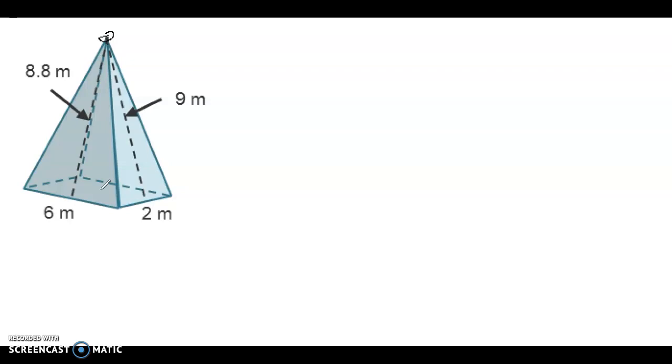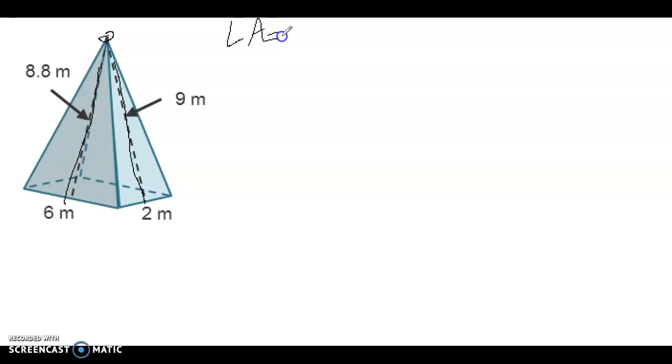We have a slant height for this side. We have a slant height for this side. So instead of having a formula, what we have to do is kind of what we did with prisms. We just basically need to find the area of each one of these sides, and that's how we would do it. Okay? So if we're talking about the lateral area,